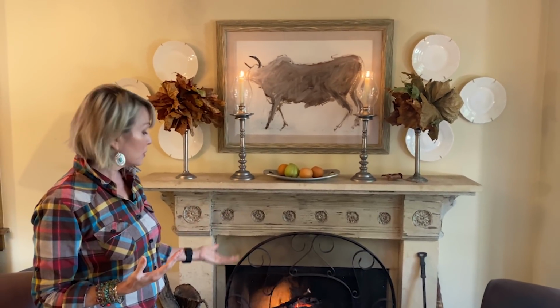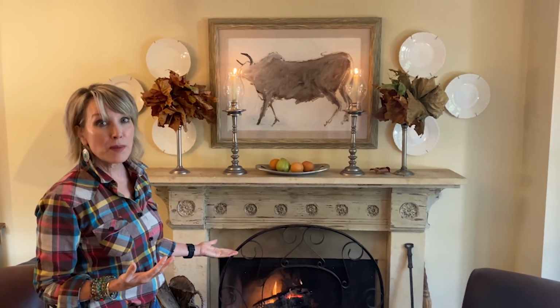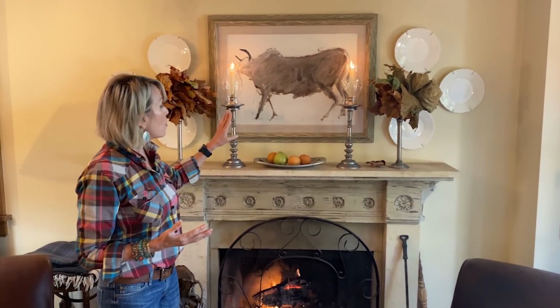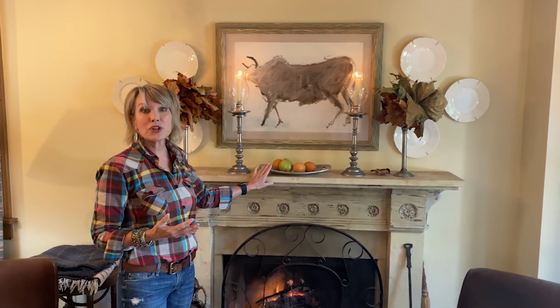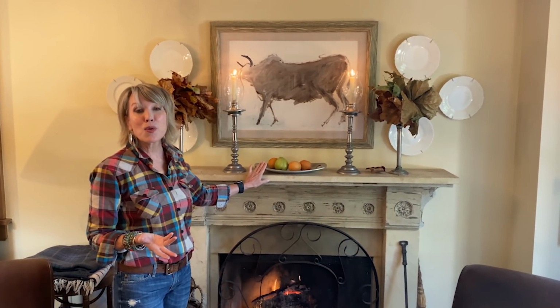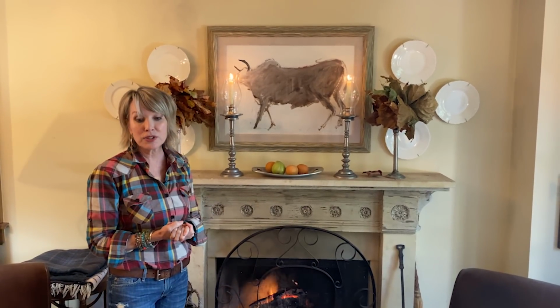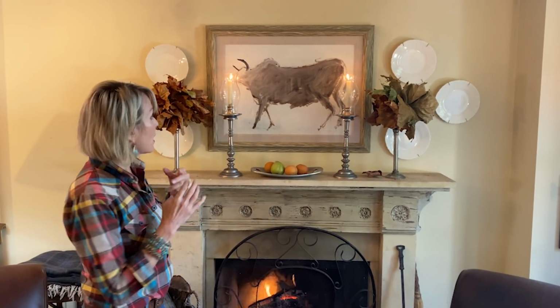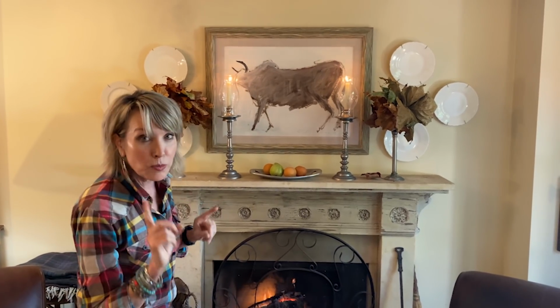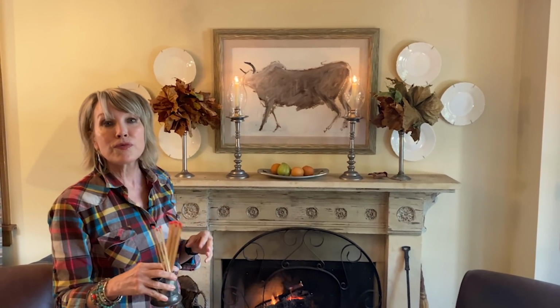Now, the longevity of the fruit, of course, is not great, because now that it's cool, we burn a fire in the fireplace pretty much nonstop all day when we're home. So when the fruit begins to go soft, when it's no longer beautiful, then that's when I make a pear or an apple crisp. These are Asian pears, and that's just a Bosc pear. So that is my kind of iteration number one, with one more touch,